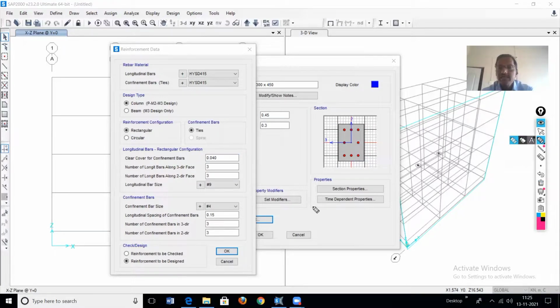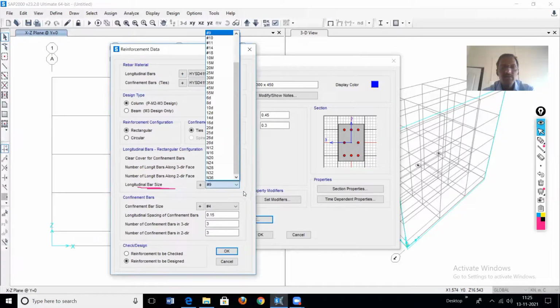Then next, regarding the longitudinal bar size, click here. These many bars are there. As per Indian code, we define the bars by diameter. In India it is defined like this: 12D, so 12 mm diameter, 16 mm diameter.